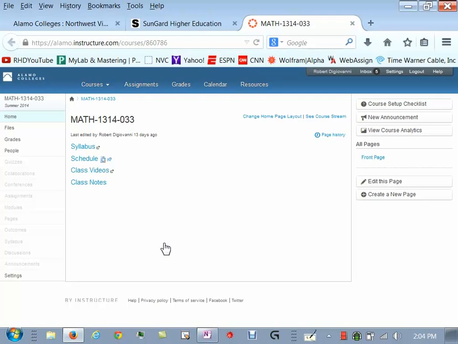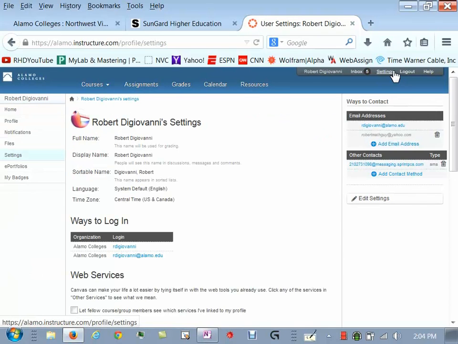Okay, so this is the main page. You have an inbox up here, and in that inbox, that's where you can check your email. I'll let you mess with that. There's another thing here, settings. This is kind of important. I'll just let you see it real quick. I'm assuming some of you are normally off at other schools and this is the first time you've ever used the system, so I just want to show it to you. After you click settings, there's something called notifications.